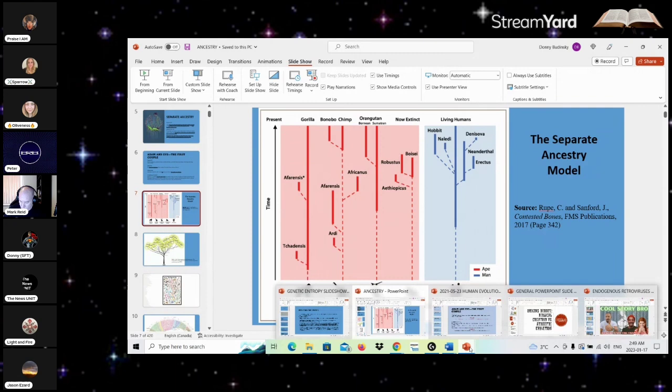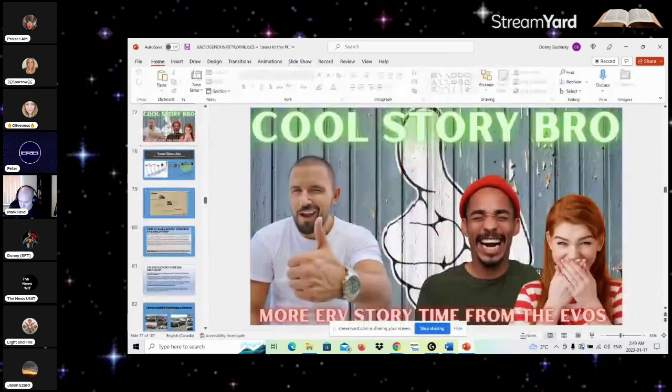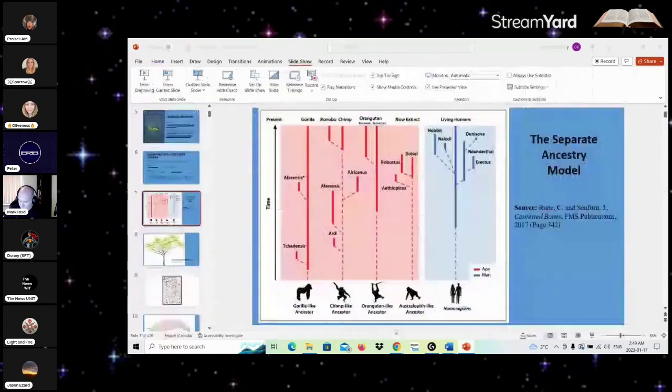And so what I've seen so far, and not just with Mark, I've debated PhD evolutionists on this same topic. Basically, to every single possible reason for the massive discrepancy in the Y chromosome, I say, cool story, bro. But what I want to point out is the predictions of the separate ancestry model.